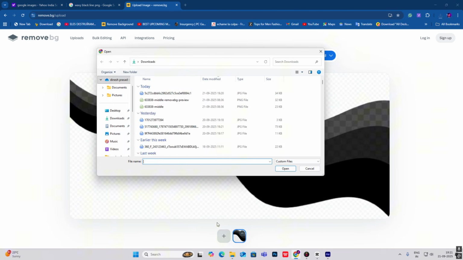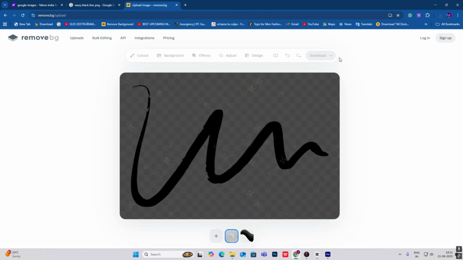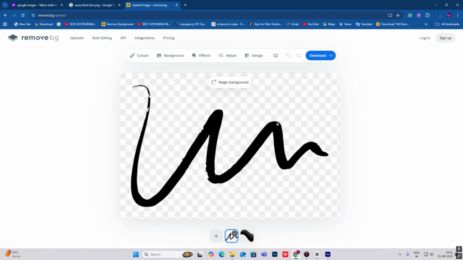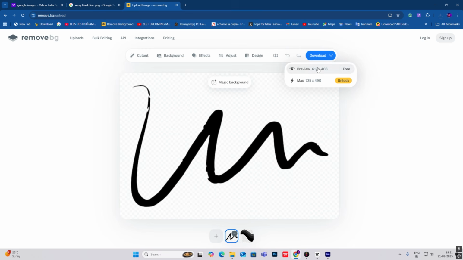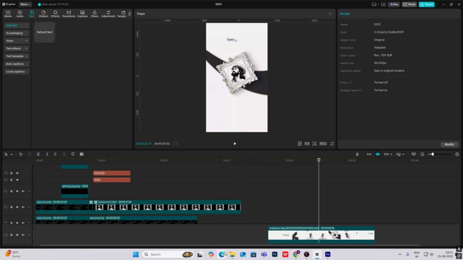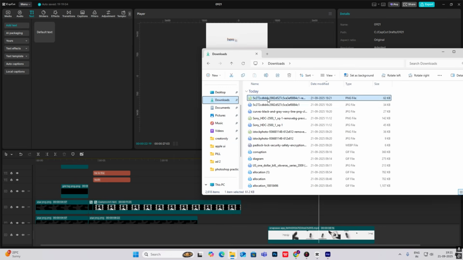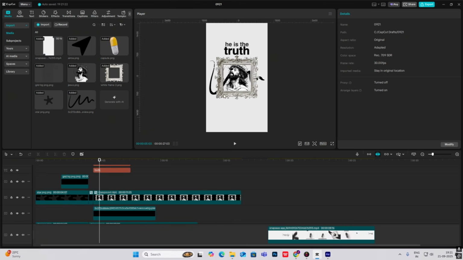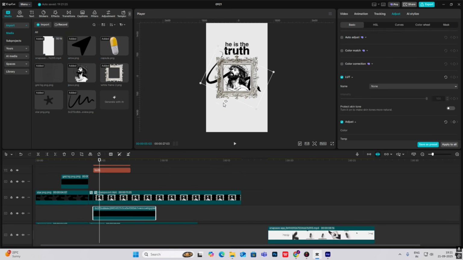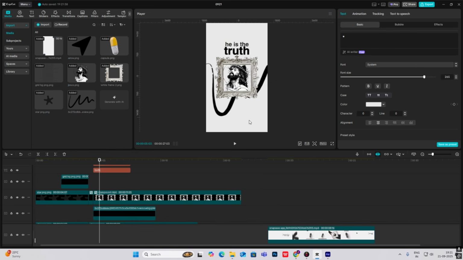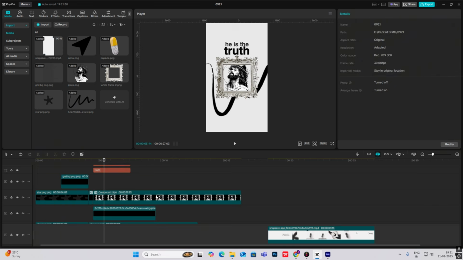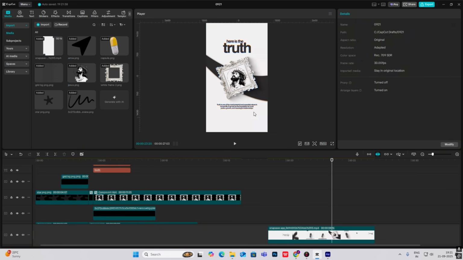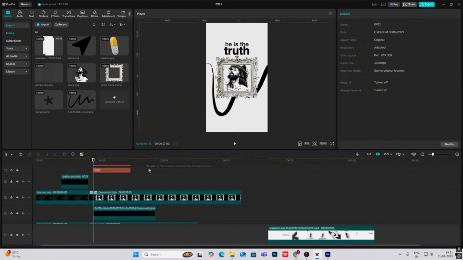Okay, and then I'll select this image, and then hit download. Then I'll just head on to my downloads and bring this image. Okay, put it behind. Let's make it big. Okay, something like this. And then for this text, you can write anything. Okay, to do the animation,